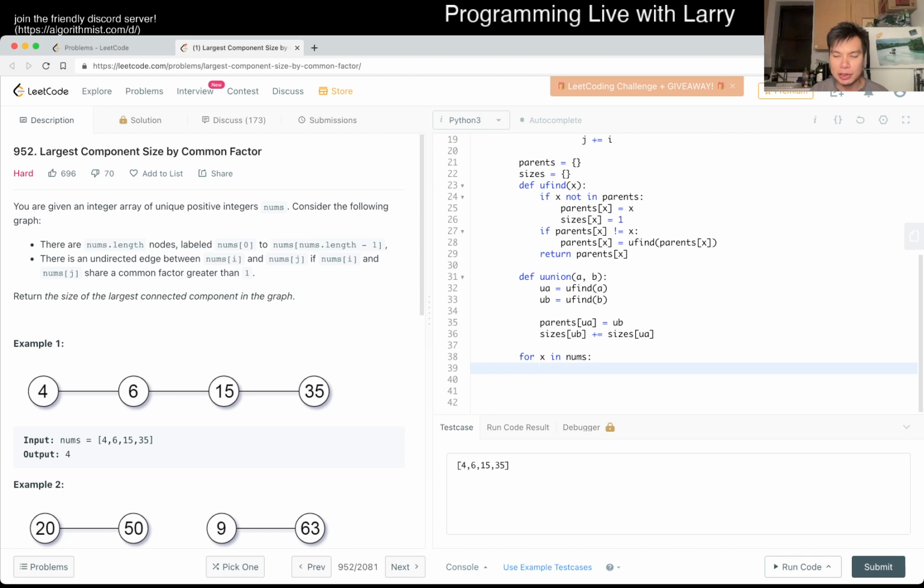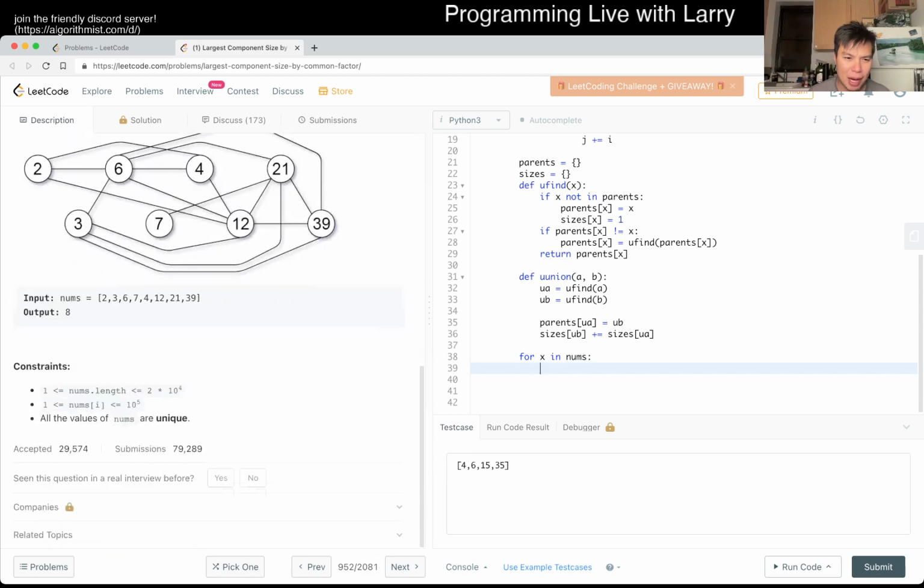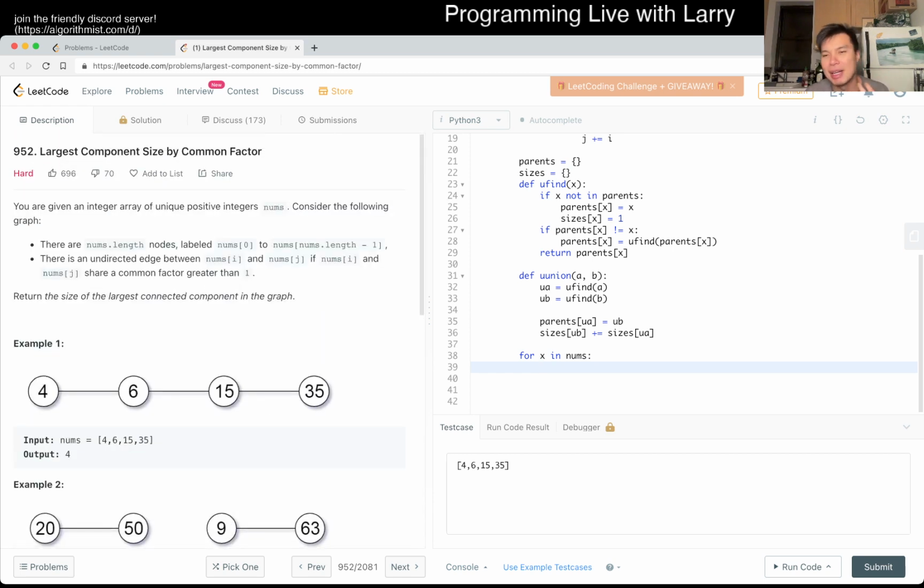Let's see. So what we want to do is for all the factors of this number, let's say that because it is transitive, right? One thing that you maybe do naively is that, for example, if a number has 10 factors, though that's not really that possible. I forget what the max is, I could derive it, but it's fine. 10 to the 5th doesn't have that many factors, but the point is that let's say a number has 10 factors. If you do it naively, you may do something like 10 times 9 over 2, 10 choose 2 pairings